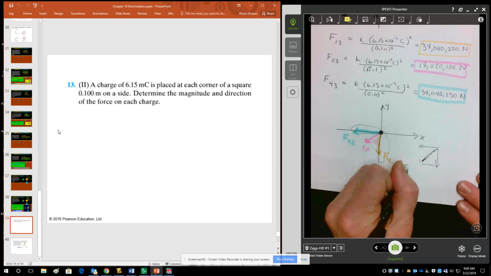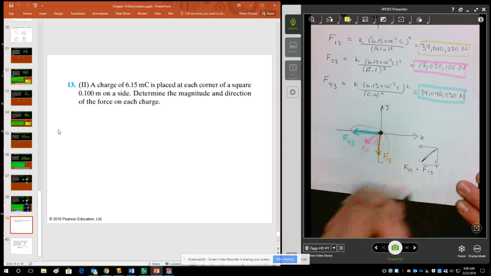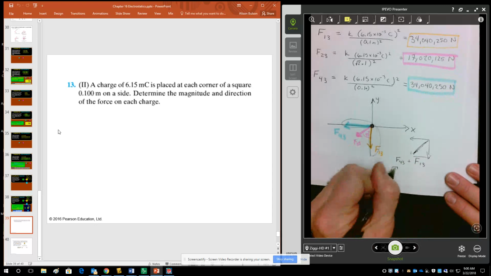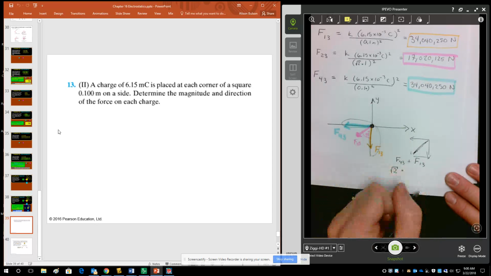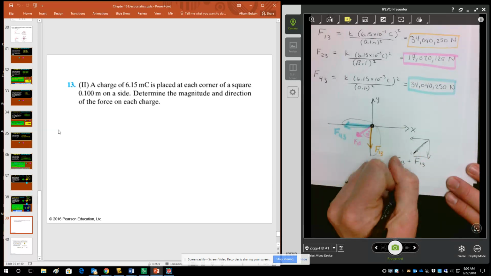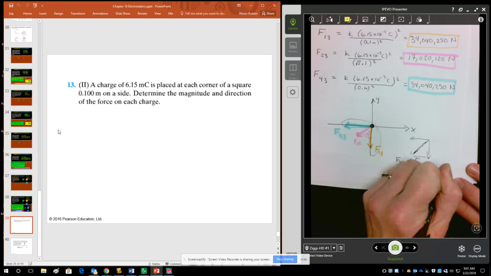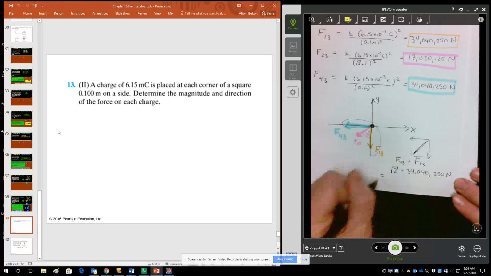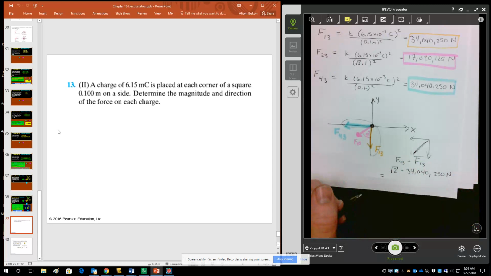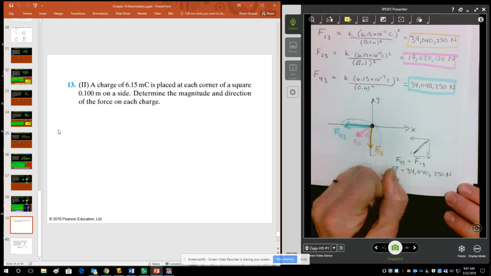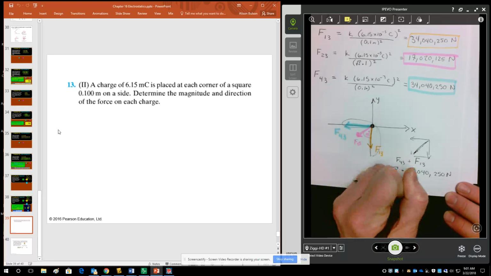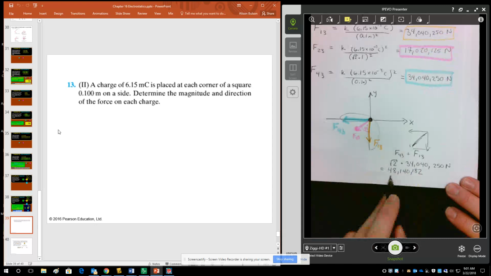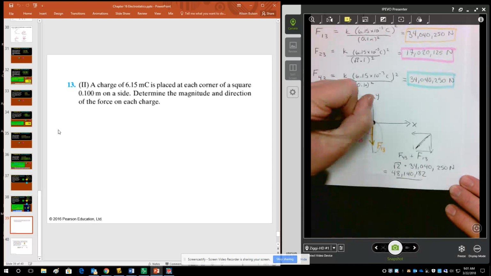So F43 plus F13 is going to be equal to square root of 2 times the value of either of these lengths, right? These are the same lengths. So square root of 2 times 34,040,250 newtons. Sweet. So 34,040,250 times square root of 2 is 48,140,183.2. This is now at 45 degrees. So this is now my F43-13 combo,